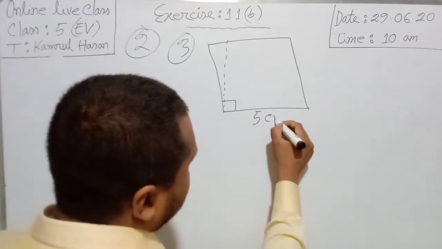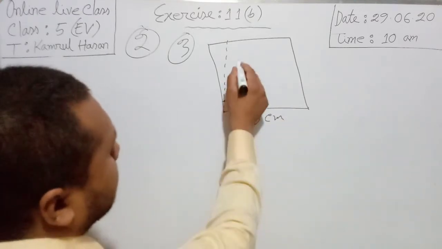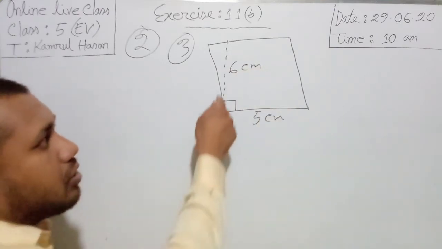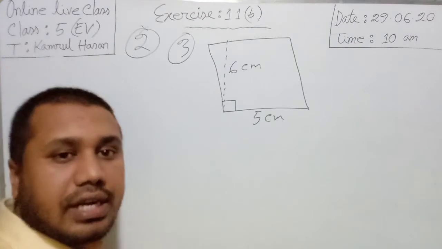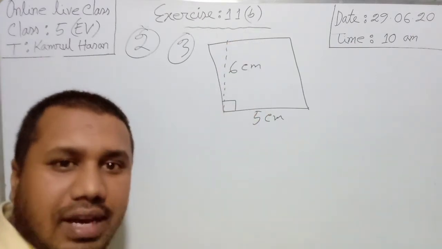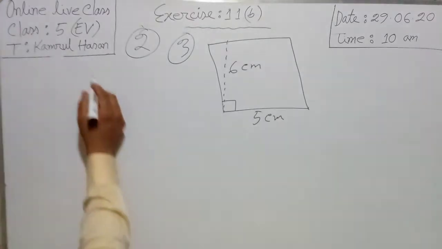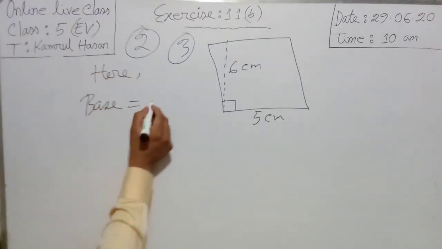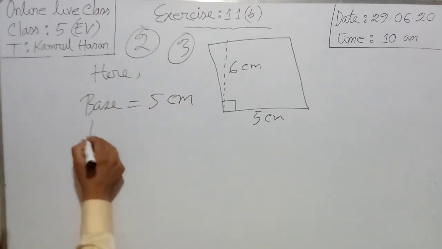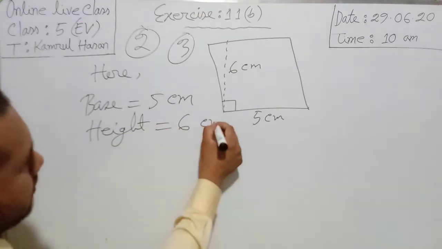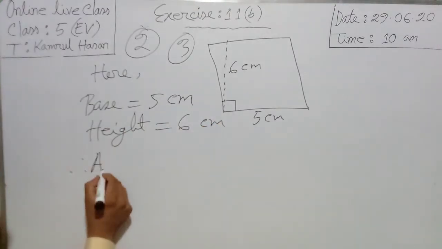Here base 5 centimeter and this is 6 centimeter. This dot dot indicates, remember, this dot dot always indicates height. Clear? So height 6 centimeter and base 5 centimeter. So at first we can write here base 5 centimeter, height equal 6 centimeter. Therefore area